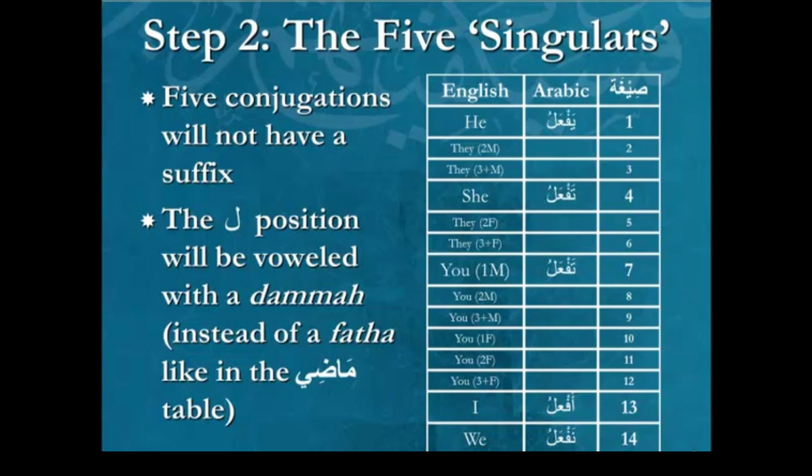Okay, so we're generalizing a little when we say 5 singulars. Number 14, on the other hand, happens to belong to the group, not because it's a singular, but because it has the same ending. You see, so 5 singulars is just a convenient shorthand to refer to the whole group. So yaf'alu is he, taf'alu is she, the other taf'alu is you when you're speaking to one male, and those 2 are identical. So basically the same verb would be used when speaking about a female, and the same identical conjugation would be used when you're speaking to a male.